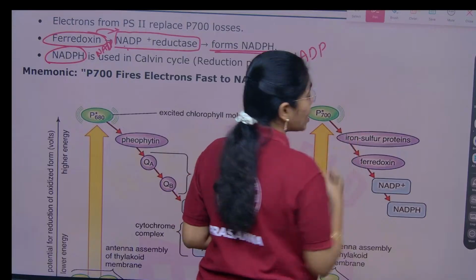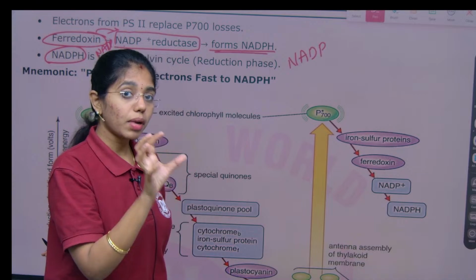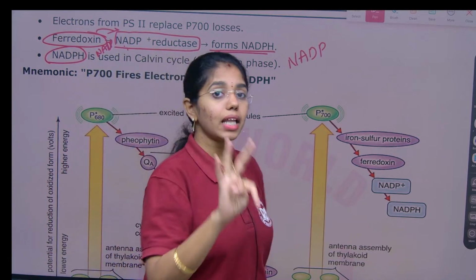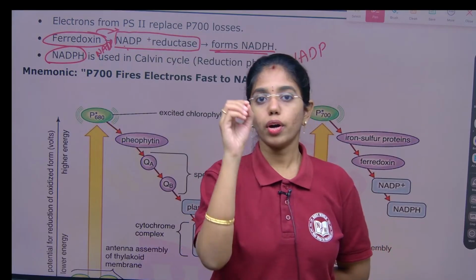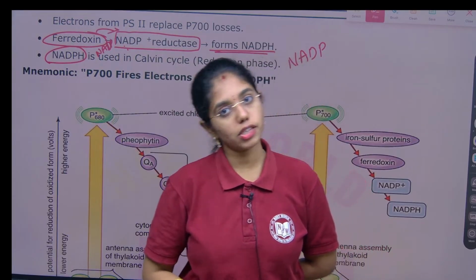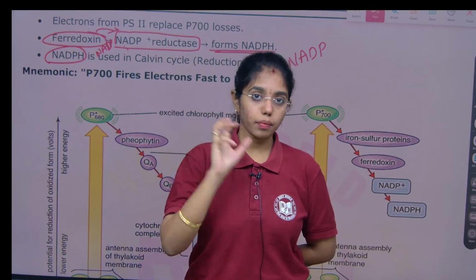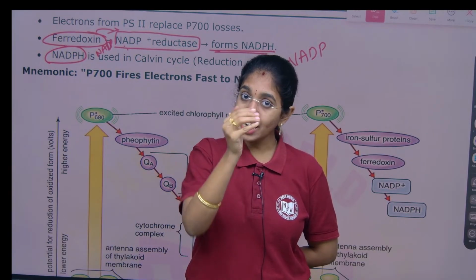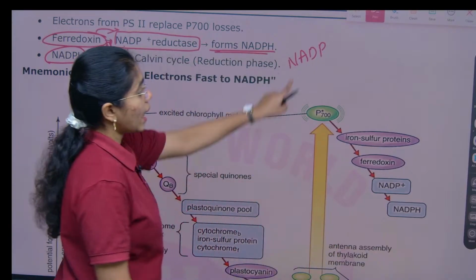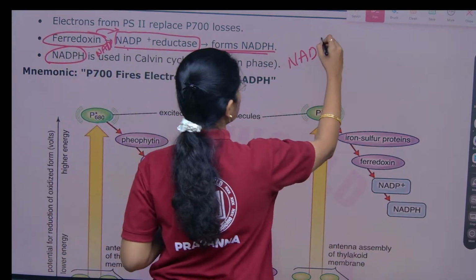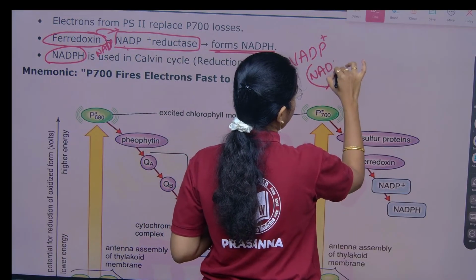Remember that. If you mention in your answer, when cyclic and non-cyclic photophosphorylation is asked, the primary acceptor and the last acceptor of each photosystem, then you will get additional points. So in photosystem 2 the primary electron acceptor is pheophytin, last is plastocyanin, and in photosystem 1 the electrons will be accepted by ferredoxin, and the last electron acceptor of non-cyclic photophosphorylation is NADP. NADP plus is the last electron acceptor, by the enzyme NADP reductase,